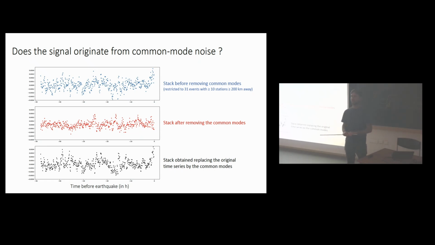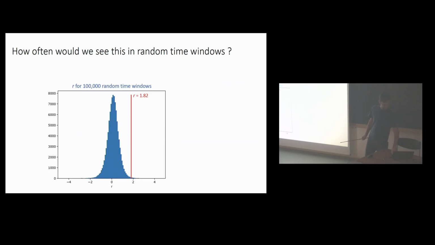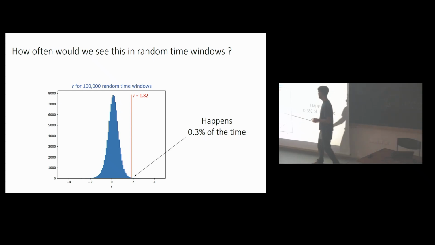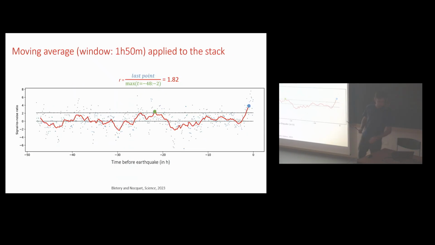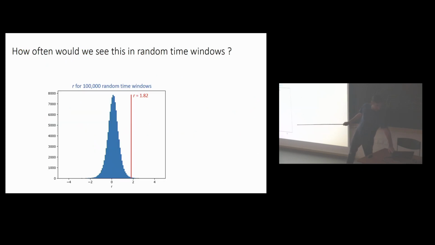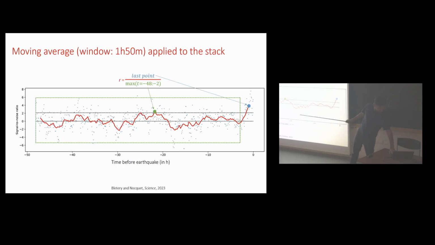Really nice to see this exploration of these really intriguing observations. I didn't quite understand the histogram that you showed with the 23%. Can you explain that? And I have a follow-up. That one? That's the distribution of the A ratio that I defined just before, which is the ratio between the last point of the moving average and the maximum of this moving average on the rest of the time series.